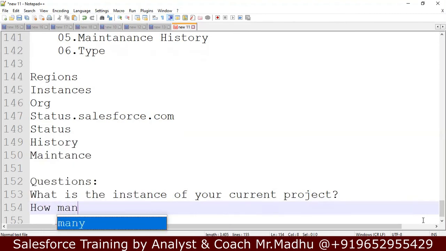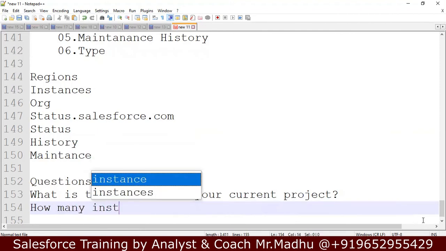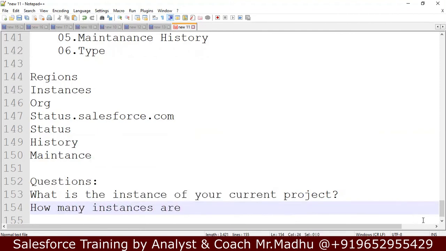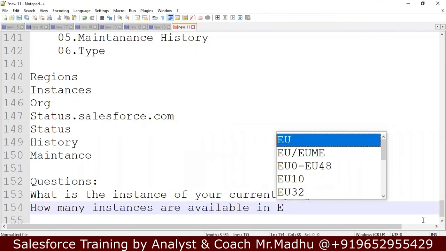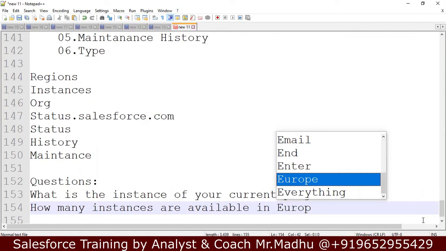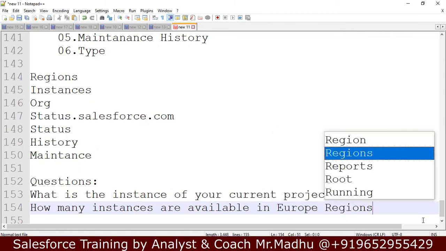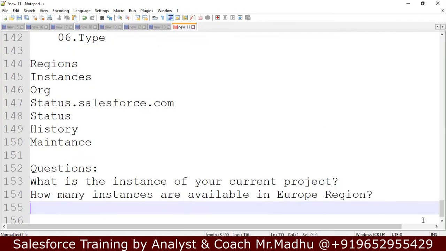How many instances are available in Europe region? How to check maintenance history?